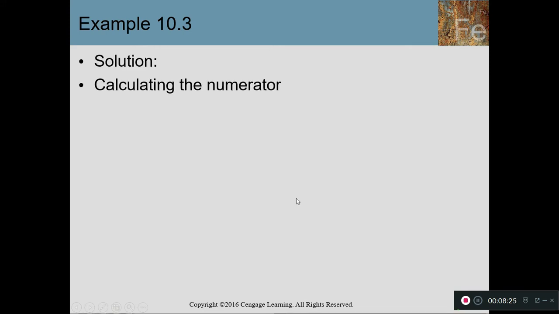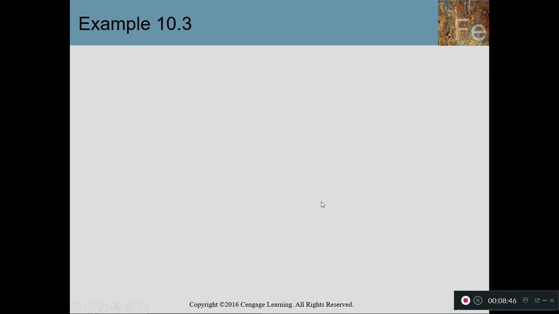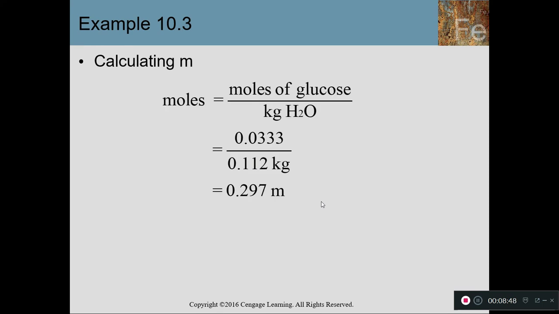So first things first, numerator is glucose, 6 grams, about 180 grams per mole, gives you 0.0333 moles. And then the denominator is changing your grams into kilograms. So you take your 112 grams at 1,000 grams per kilogram, get 0.112 kilograms, and then plug it into the equation of molality, moles of glucose per kilograms of water,